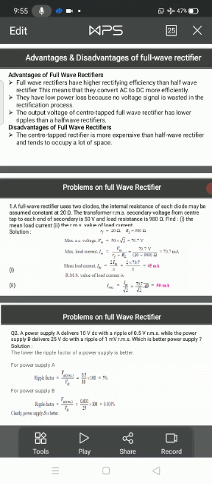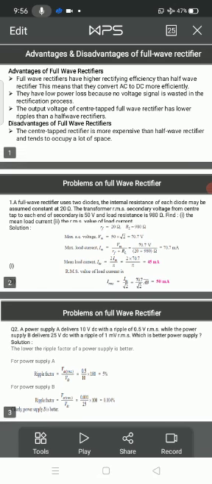So find the minimum load current and the RMS value of load current. Here the data is RF equal to 20 ohms, the diode resistance, and load resistance is 980 ohm. First, to find the minimum load current we have to calculate the maximum AC voltage. So the maximum AC voltage VM equals 50 into root 2, the RMS voltage into root 2. So 50 into root 2 value is 70.7 volts. This is the maximum AC voltage represented by VM.